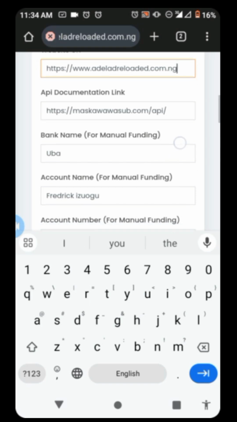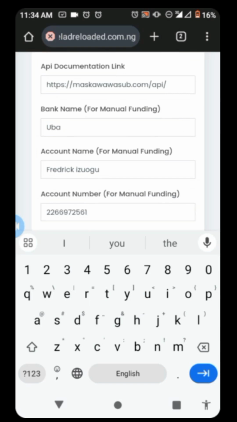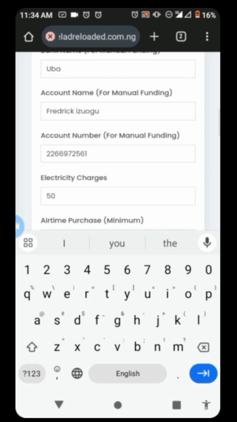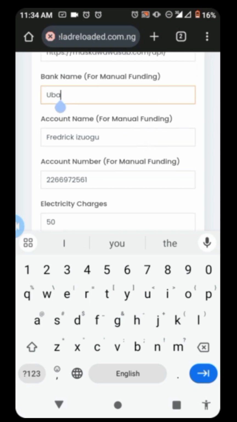So which bank do you want to use for manual funding? That means if they want to pay you directly to your bank. For example, someone went to your website and wants to buy airtime, but does not want to buy directly from the website. He wants to buy from you directly as an admin. So there's a provision for him or her to pay to you directly. So this is where you put your card details. For example, which bank do you want to use? Let's say UBA, then